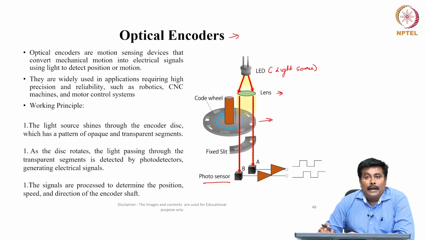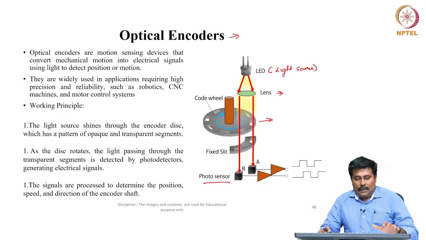convert a mechanical motion into an electrical signal using light to detect the position or motion. They are widely used in applications requiring high precision and reliability such as robotics, CNC machines, motor control systems, etc. If we closely observe